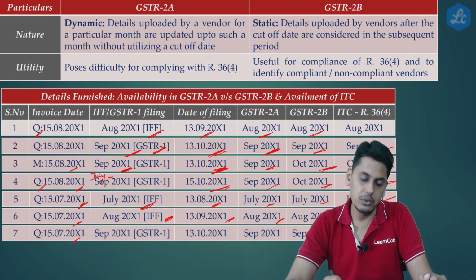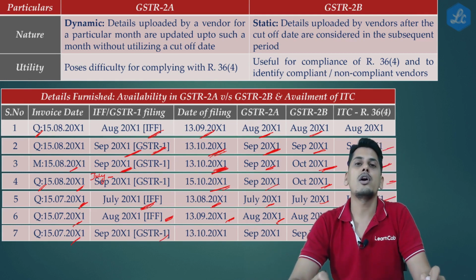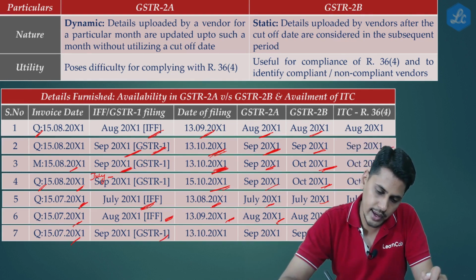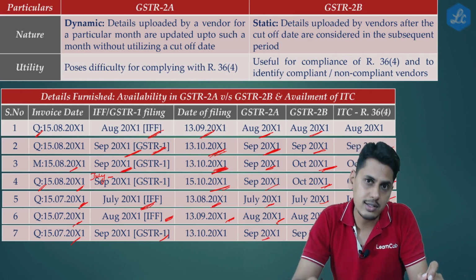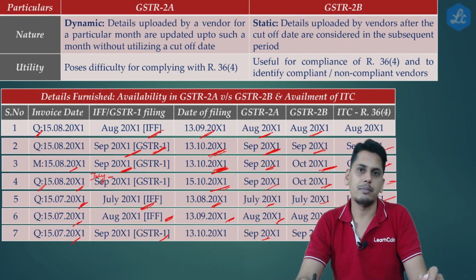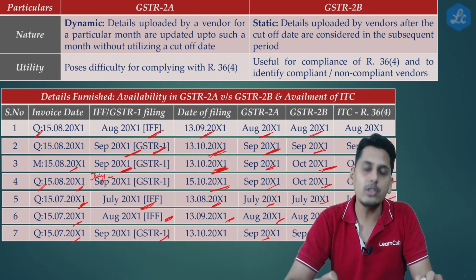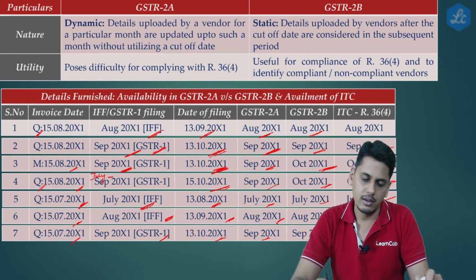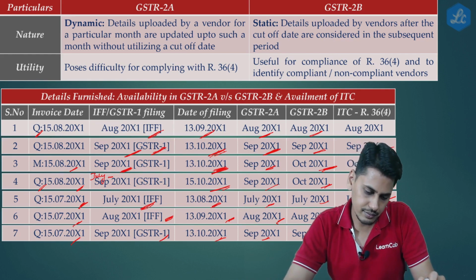Invoice dated 15th of July. It is included in GSTR 1 of the quarter July, August, September. So friends, since it is included in GSTR 1 of July, August, September, it will appear in 2A of September. Will it also appear in 2B of September? For it to appear in 2B of September, it should have been filed by 13th of October. Is it filed? The answer is yes. So it will appear in 2B of September. Credit also in the return for the month of September.